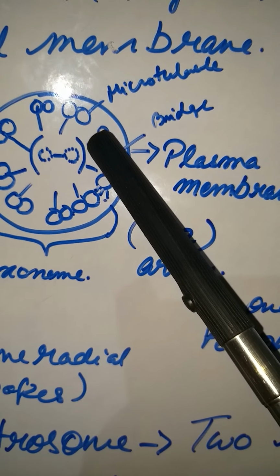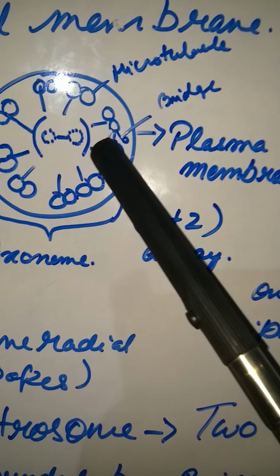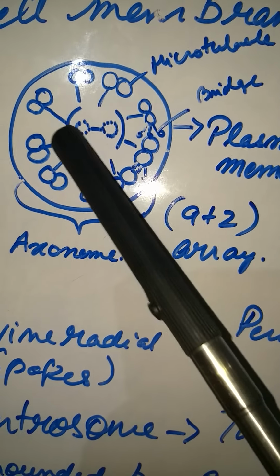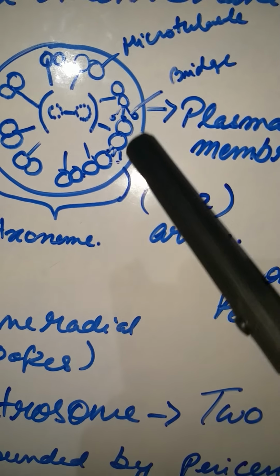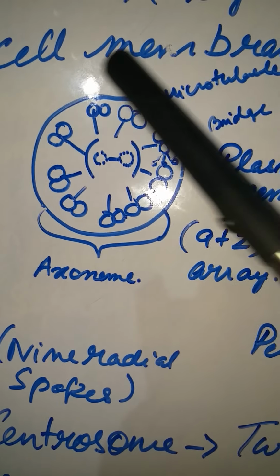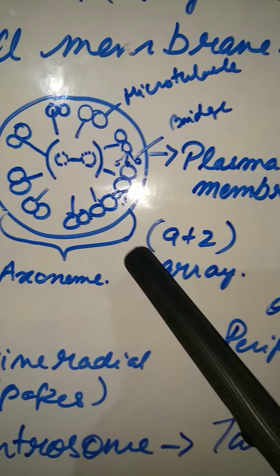And one tubule is connected to the other tubule through a bridge-like structure. And the central tubule, or the axial tubule, is connected to the peripheral tubules by these lines that you can see, known as spokes. The bridges do not allow these microtubules to stick to one another. So they provide movement by body undulation or a whip-like lashing mechanism. So they help in mobility.